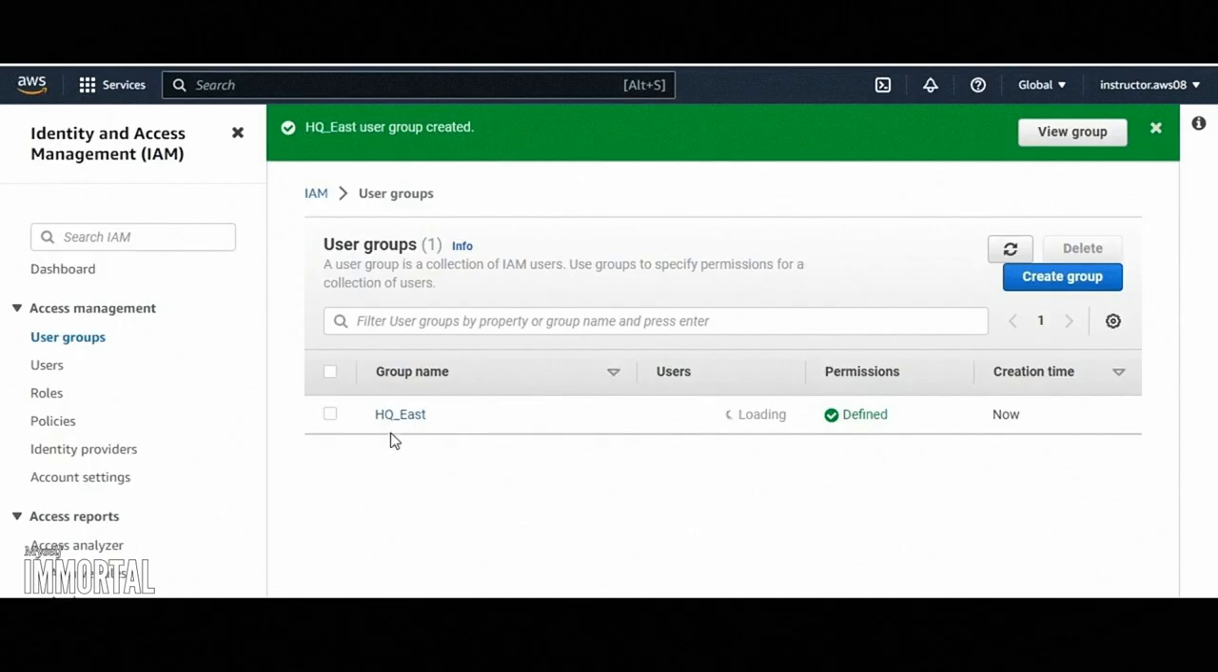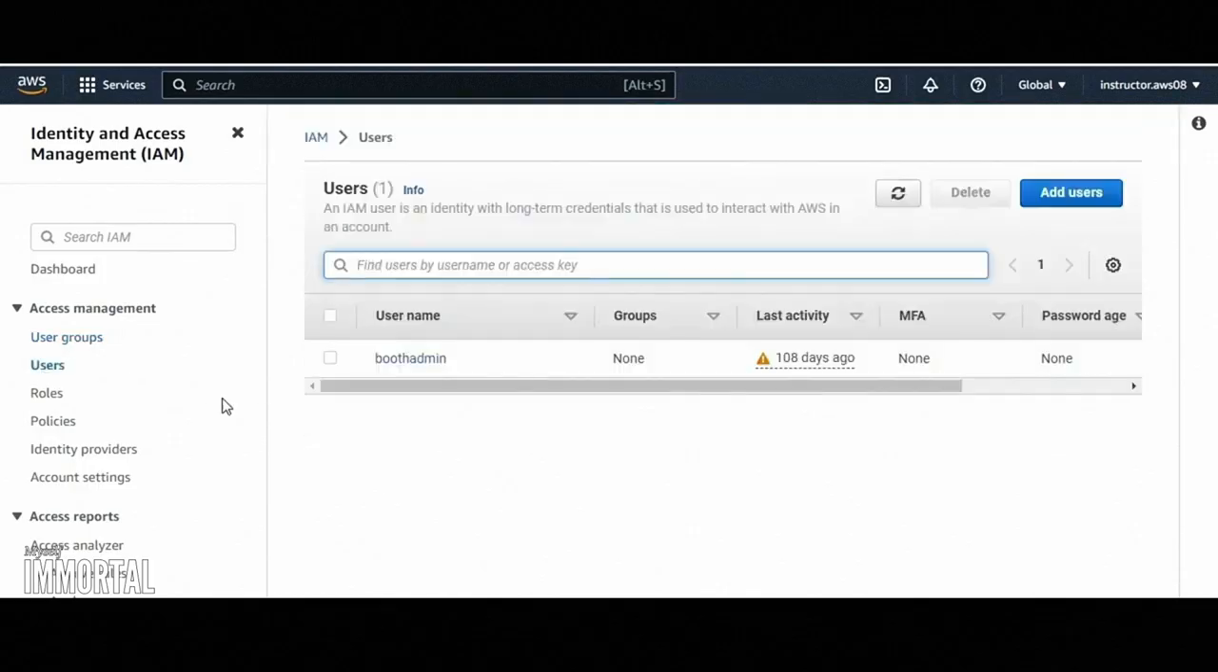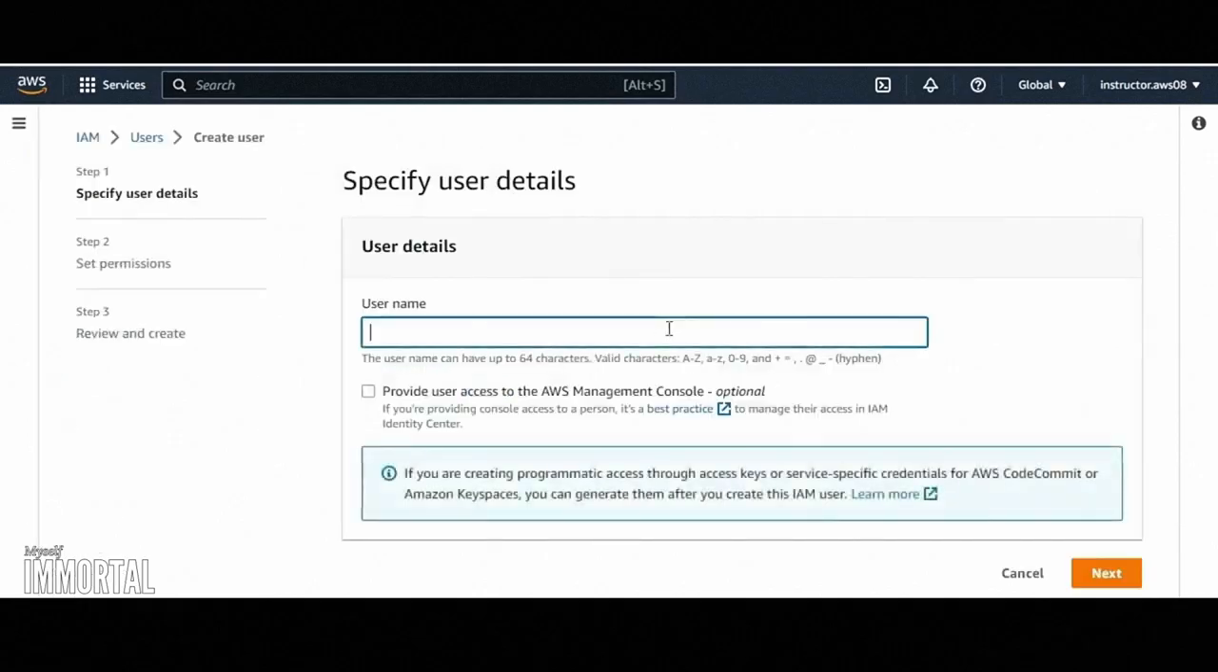It's called HQ_East. And currently, of course, there are no users in it. However, let's go create a user account. I'm going to click Users over on the left, and I'm going to click the Add Users button in the upper right. I'm going to create a user here by the name of JDoe,